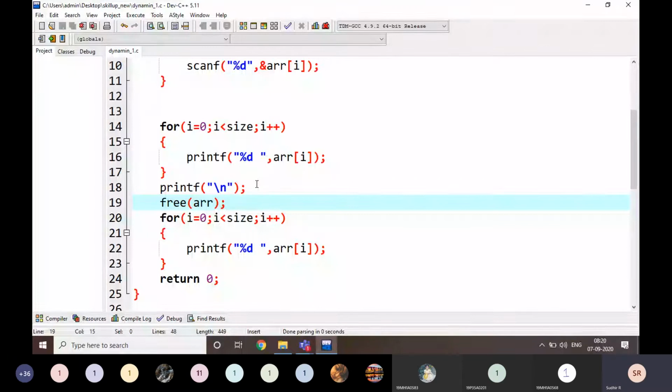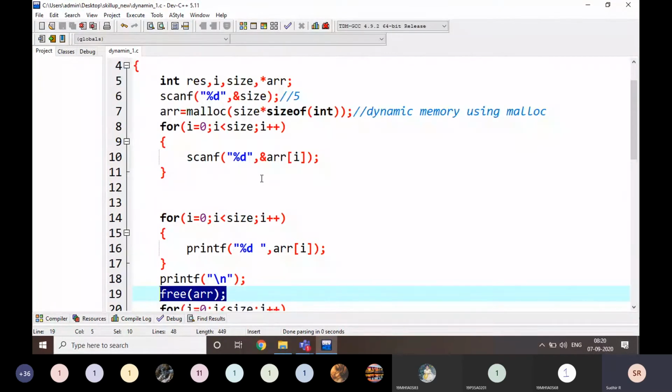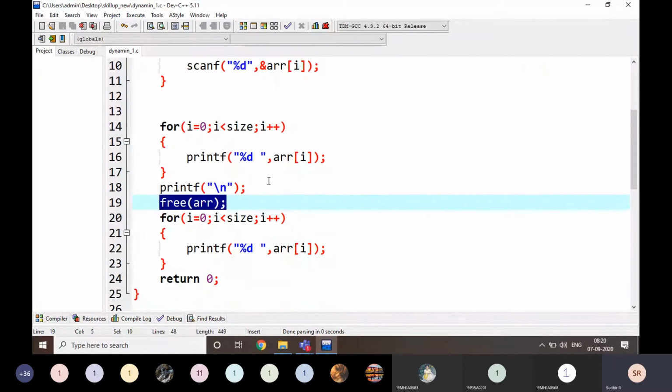This is the added advantage here. If you allocate the memory using malloc or calloc, we can free the memory. But in static memory allocation, if you are taking A of 100, those 100 values are going to be stored, and you have to maintain that. There is no free option there. But here, after the usage of the memory locations, we can free them.